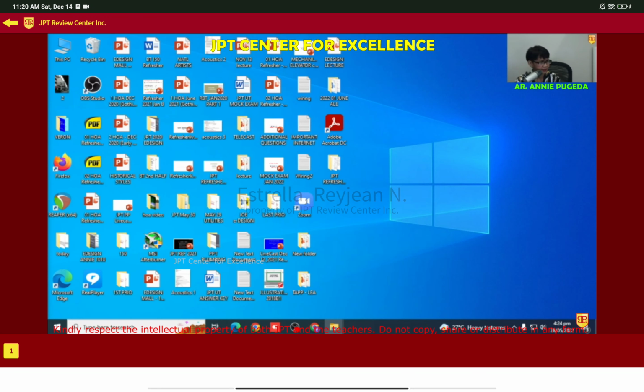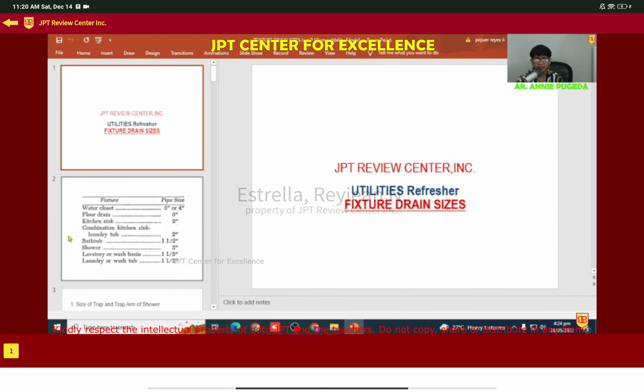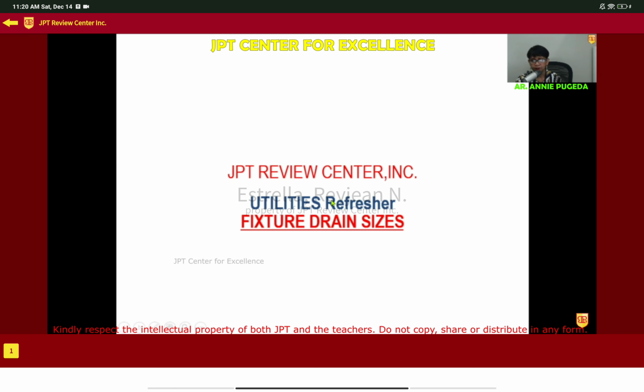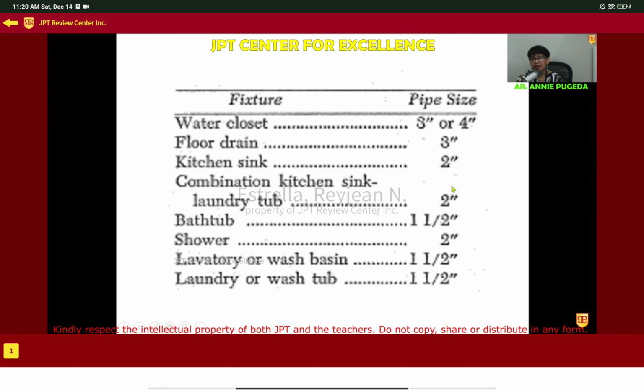Okay, 7 tayo. Okay, so number 7 natin na slide is grouped into the fixture drain sizes. Okay, fixture drain sizes. So, ayan, marami ang nagkakaroon ng pagtatalo sa part na to, lavatory or wash basin, which